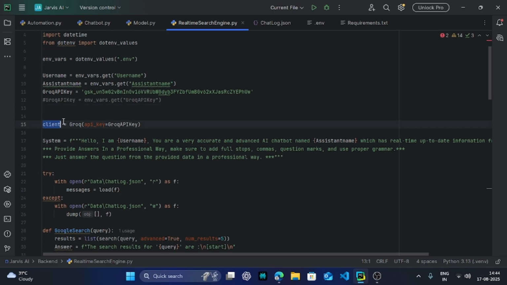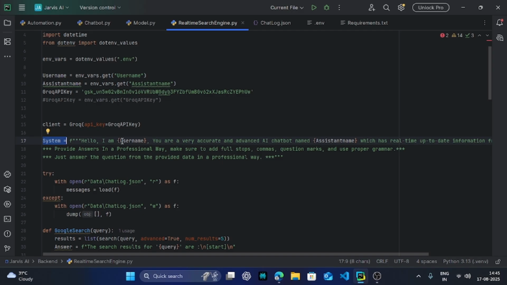Now I initialize the client here. Client means the person or the machine which will do work for us, that is the Groq API key, meaning the Groq cloud. And system means the AI, or as we can say machine, will learn from this who he or she is.